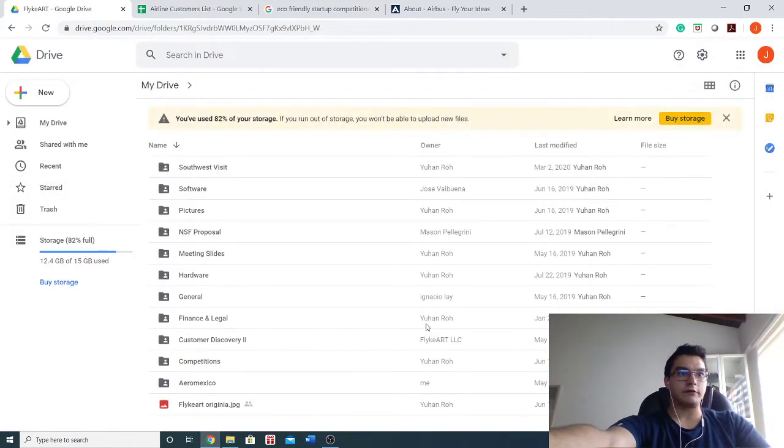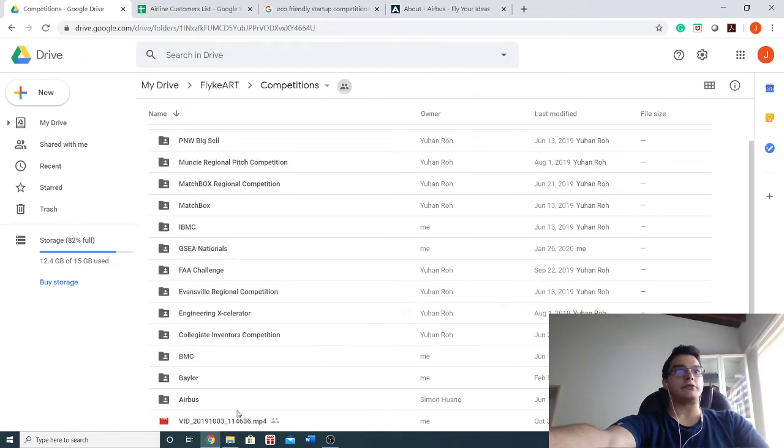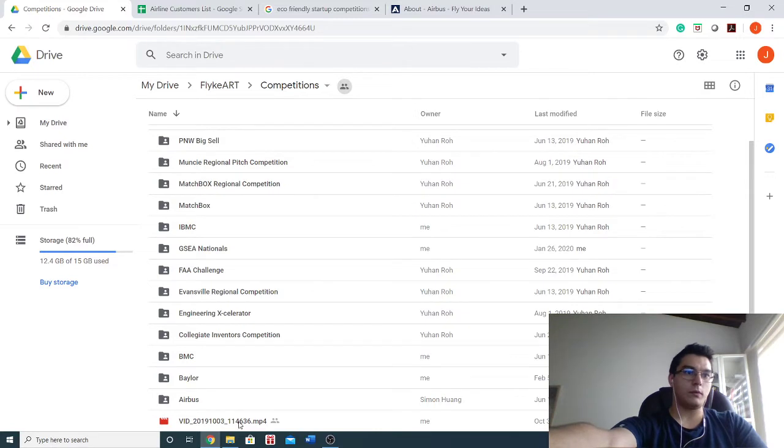All right, so here in the drive, we can go to competitions, and basically, for this Airbus competition, what we first did was figure out how to talk to our customers. So the first thing we did was